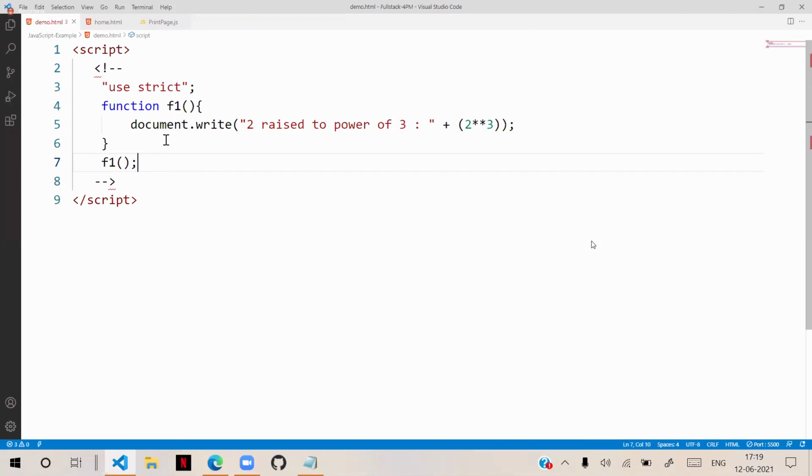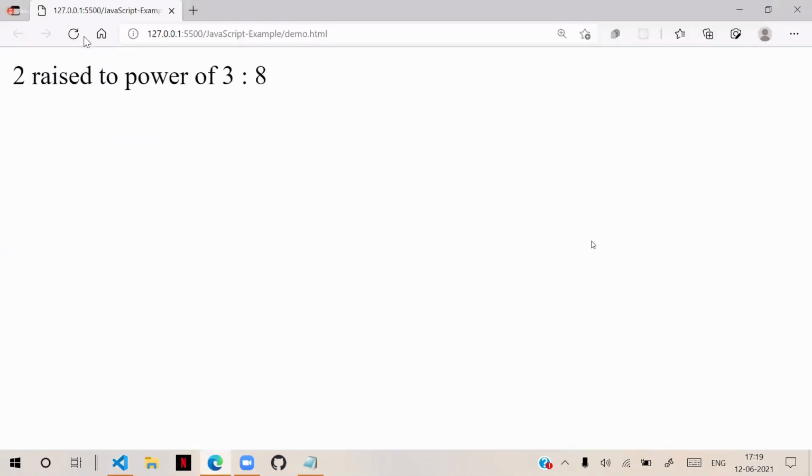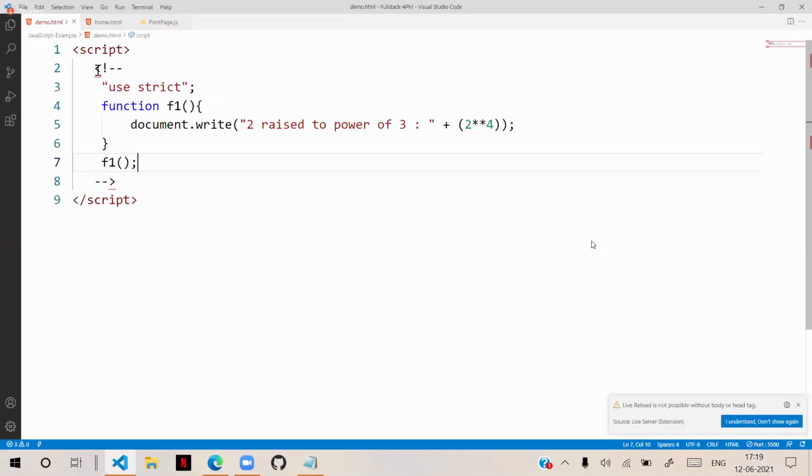Currently I am defining 2 ** 4 and so on, writing it in HTML comments. And here I am refreshing. The code is working fine. Even if you are writing in these comments, it's working fine.